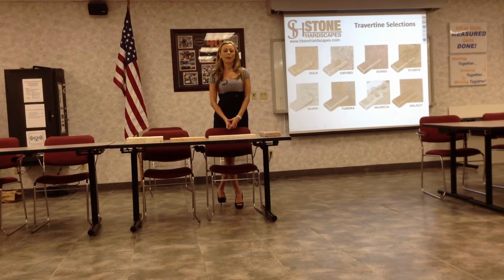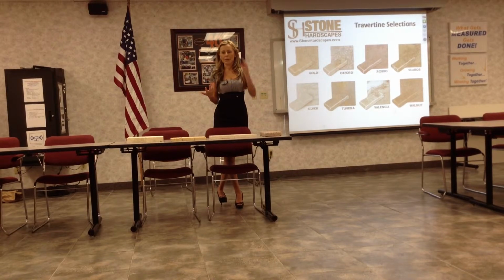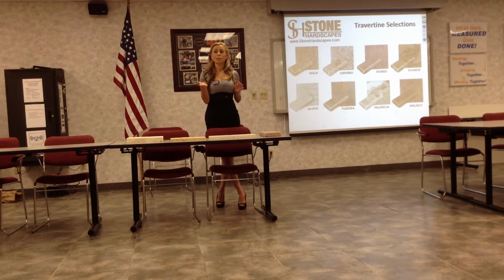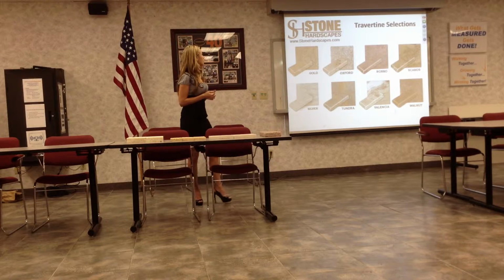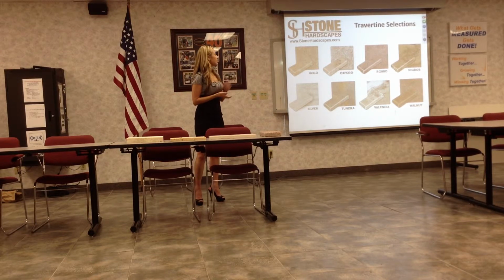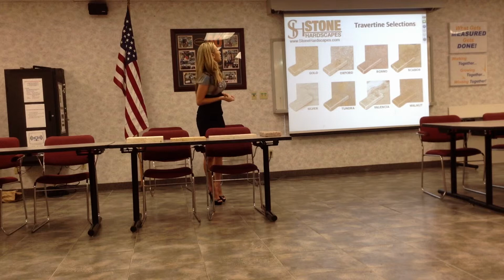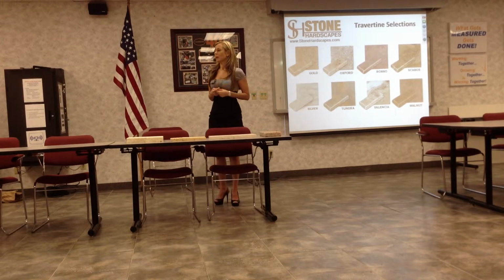Yeah. So what a lot of factories do is, let's say they're cutting out these blocks, and it's supposed to be an ivory quarry or a noche quarry, but they're cutting the blocks and the colors are coming in like 4 different colors. It's looking gold, it's looking ivory, so they make up something new and they call it a blend, is essentially what happens. So if you get that and the customer sends you a picture, you can always forward it over to us. We can take a look at it and then we'll be able to let you know where to go from there. The Valencia color is actually getting very popular, and we're working on bringing some of that in as well. Next slide,